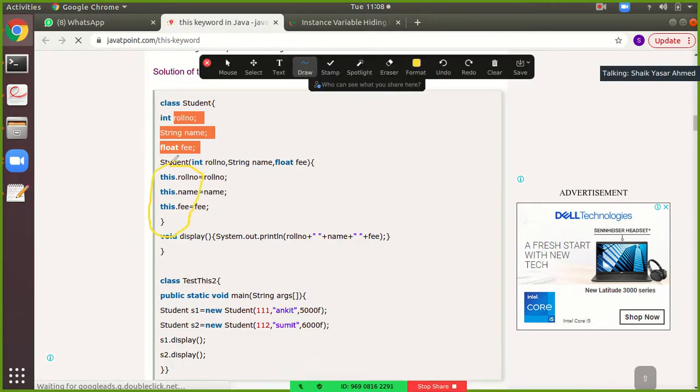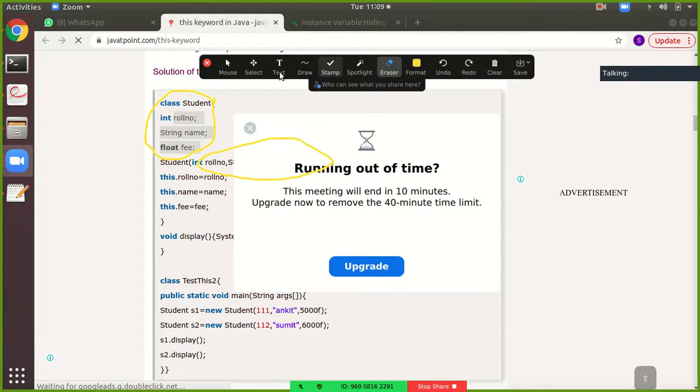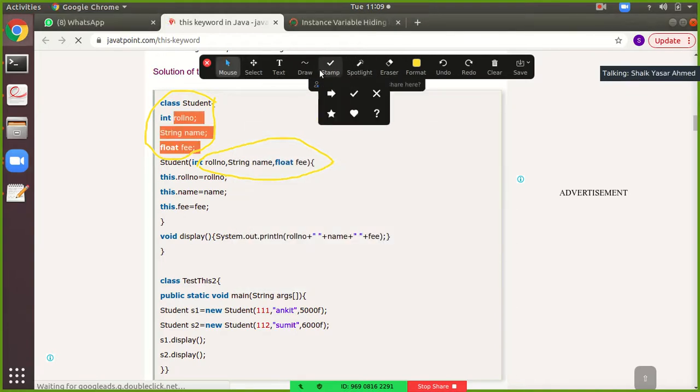what will happen is, if both of them are the same, there will be an ambiguity for the compiler. These two are different things in Java. So if you are not going to provide the this keyword, the Java compiler will be in ambiguity, that means confusion. So ambiguity will occur, confusion will occur.